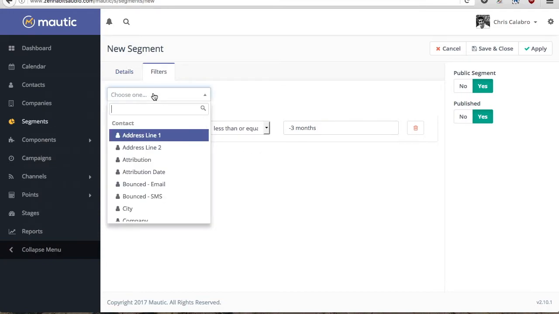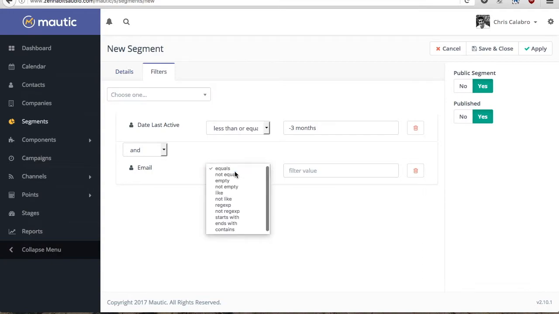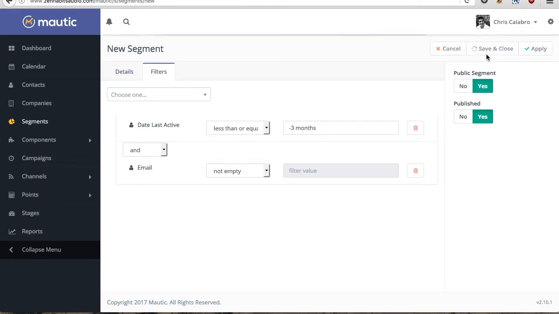And then the one other thing I like to do as well is just use email is not empty, and this gives me a nice accurate count for the number of people who are included in this segment. So let's save and close that,